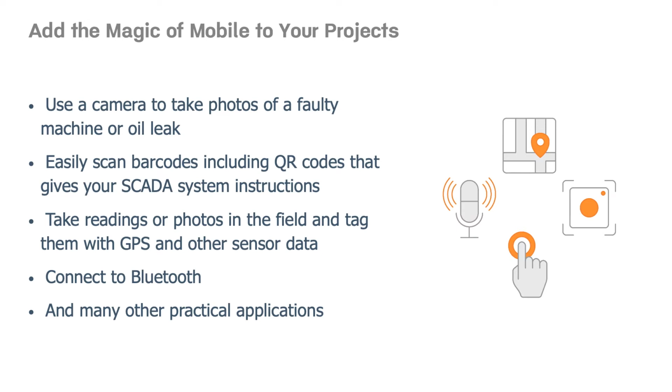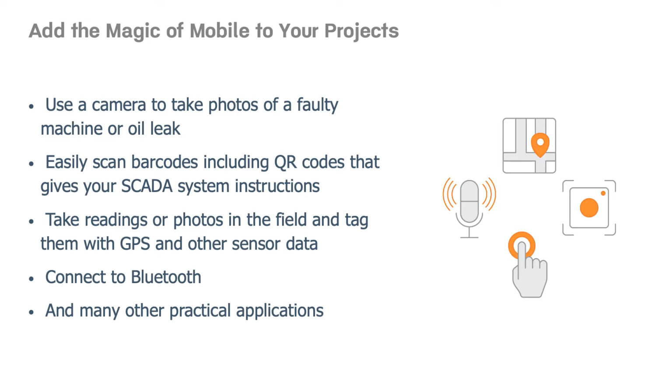Now, why would we want to use the app? Obviously, you could have just used the browser of the device and gotten access to your projects that way. But the magic of the app is to leverage the mobile device sensor data, and it really opens up a lot of different applications that we can now enhance our industrial applications with. For example, you can take the camera on your phone, go to a piece of equipment or a machine, and take a picture of a faulty machine or an oil leak. You can also easily scan barcodes and QR codes to give your SCADA system instructions